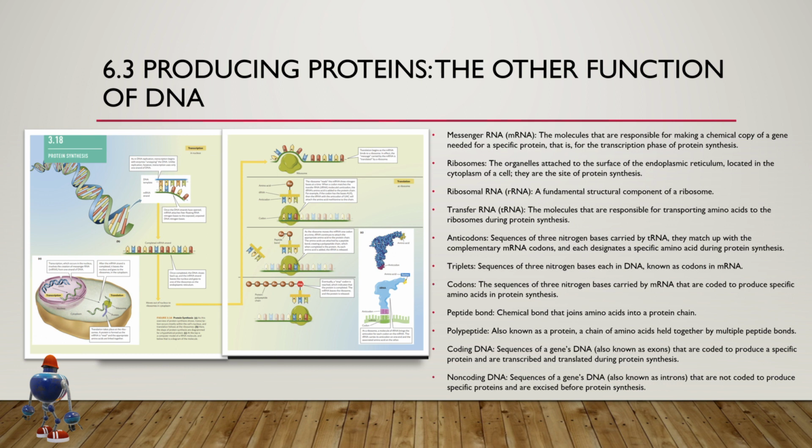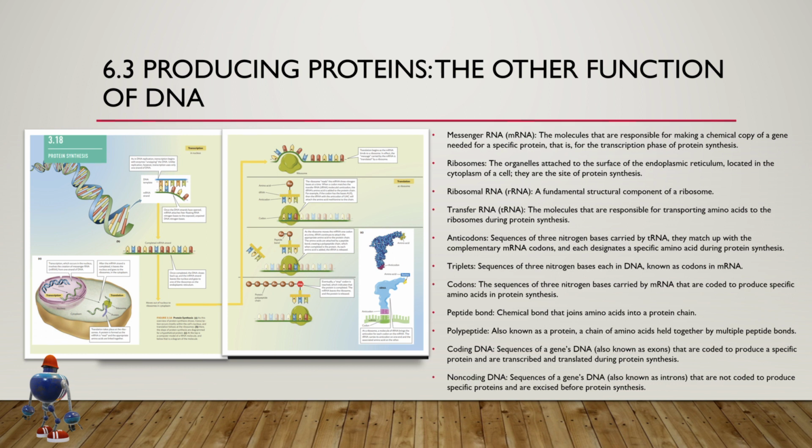The second one is ribosomes, the organelles attached to the surface of the endoplasmic reticulum, located in the cytoplasm of a cell. They are the site of protein synthesis. The third one is ribosomal RNA, rRNA, a fundamental structural component of a ribosome. The fourth one is transfer RNA, tRNA, the molecules that are responsible for transporting amino acids to the ribosomes